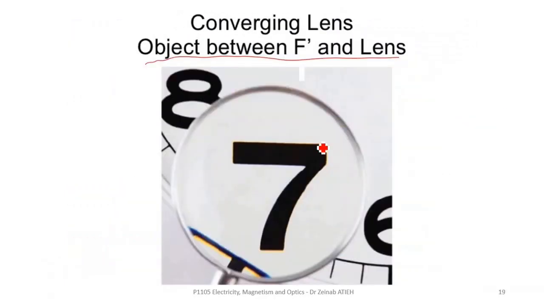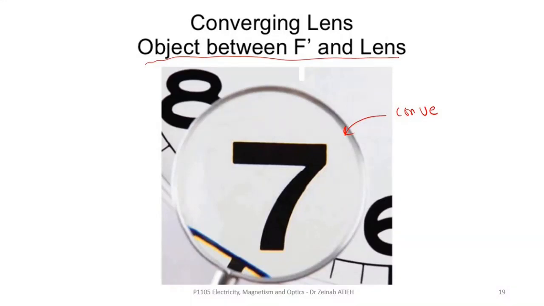If I'm looking at a 7, I'm using a converging lens. The distance is small, meaning I'm surely between F and O. The object is between F and O. The object is a drawing of the 7. Where is the image? You can see that the image is also virtual. What is a virtual image? It means I am still seeing the 7 without feeling that it moved behind the lens. So I always see my letter